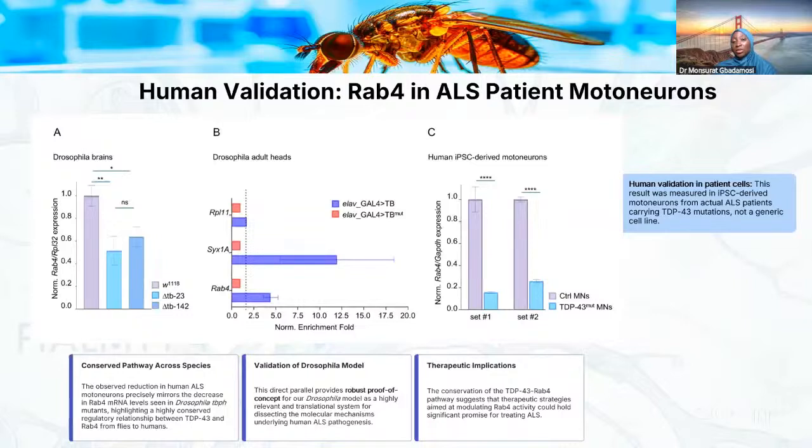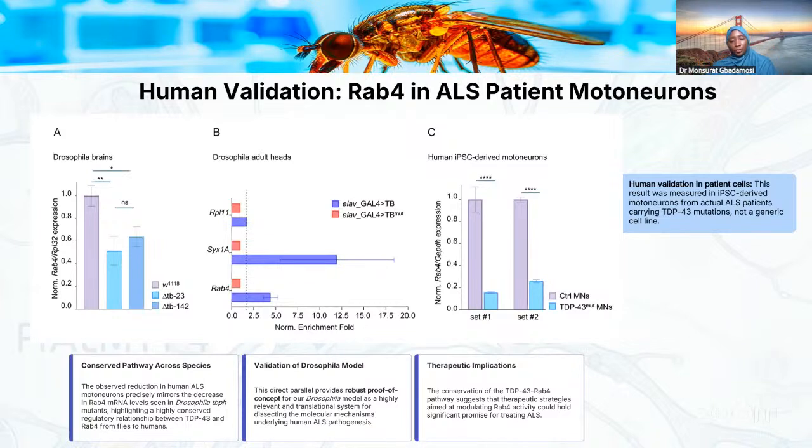So what we did to confirm this was to get human ALS patients. We got iPSC-derived motor neurons from actual human ALS patients carrying TDP43 mutations, and we repeated the same experiment, and it was very similar, because the new motor neurons that were TDP43 mutant were not binding